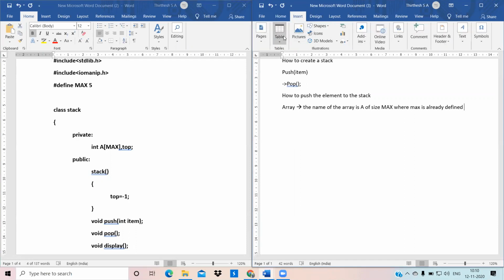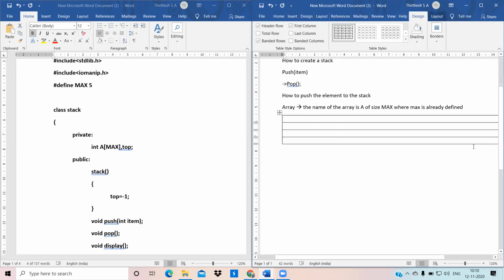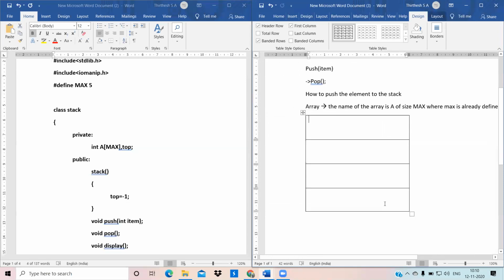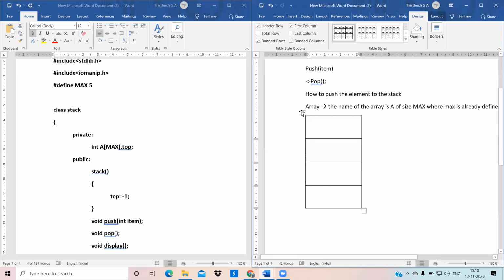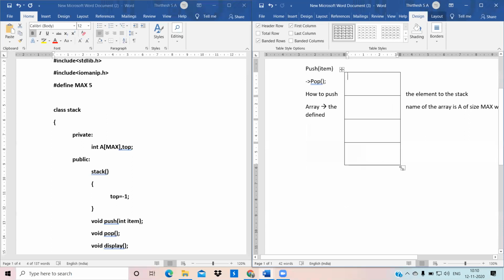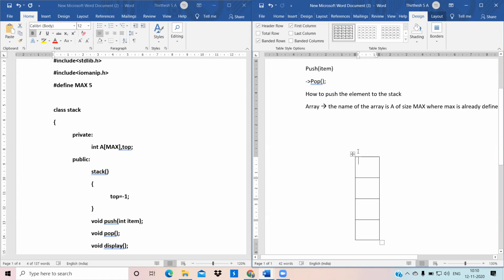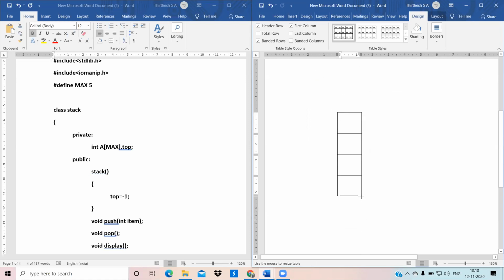Because when we speak about a stack, a stack is like a container. What we are going to do is remove the last element which is entered. This is the last in first out operation, if we eliminate the last element inside a stack. So we call this a last in first out operation.